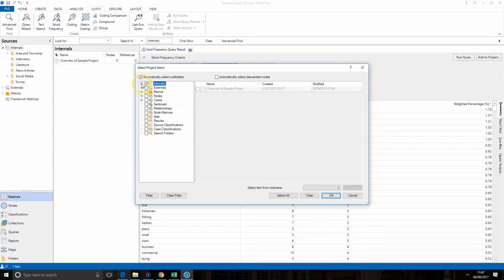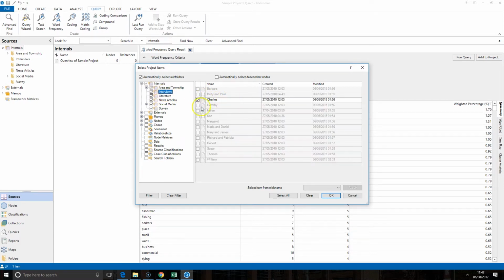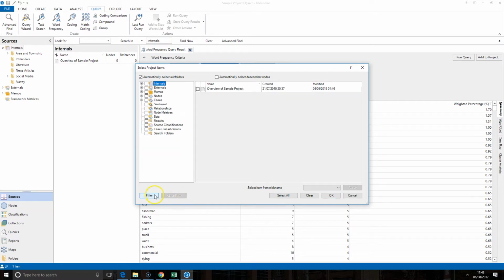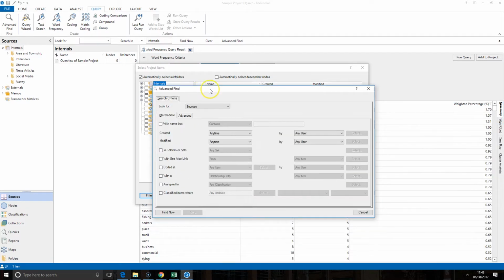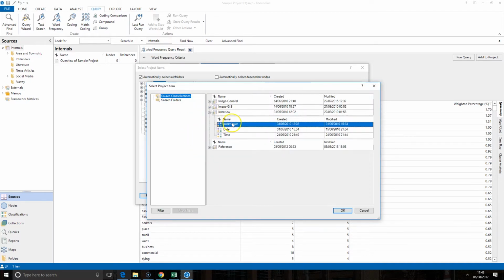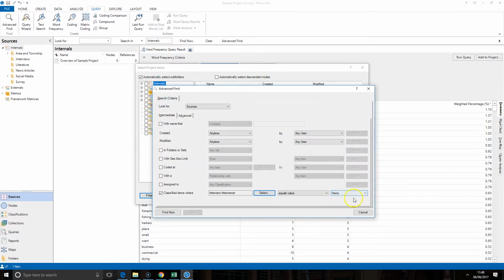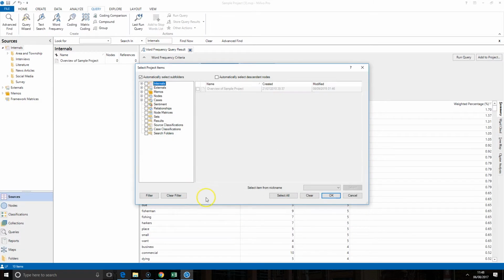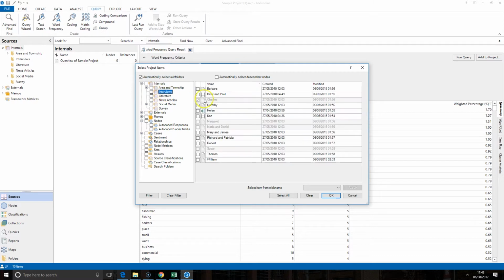Just to show you that's worked, I can open these up here. If I go into the interviews, you can see it's only highlighted Charles. That's the only person that Linda interviewed. If I clear that filter again, go back in, wait for the window to load, bring it across. This time I'm going to look for, same again, interview, interviewer, click OK, but this time I'll just do Henry, click find now. And if I go in here and open up internals, and open up the interviews,